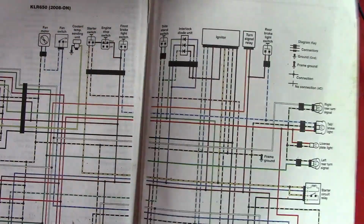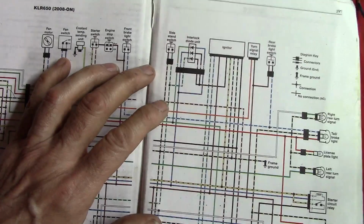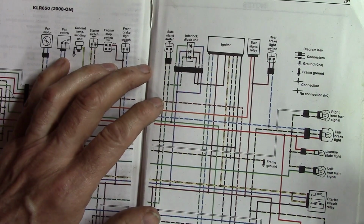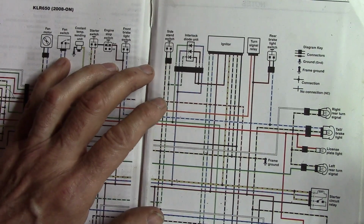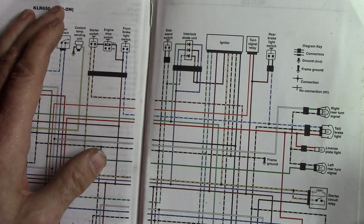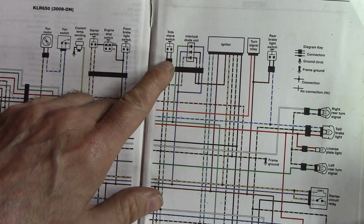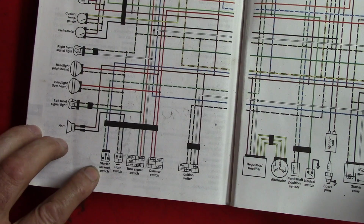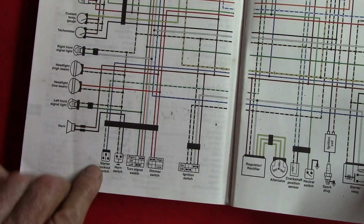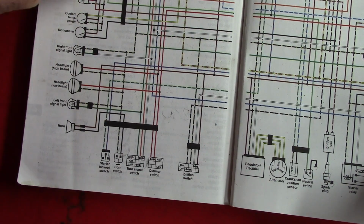I am going to be talking about these safety switches on the KLR650. I know for sure the second generation, I'm pretty sure the first generation, and probably also the third generation: the side stand switch and this starter lockout switch. And the reason I'm doing this video is I need to replace this starter lockout switch on the KLR, and